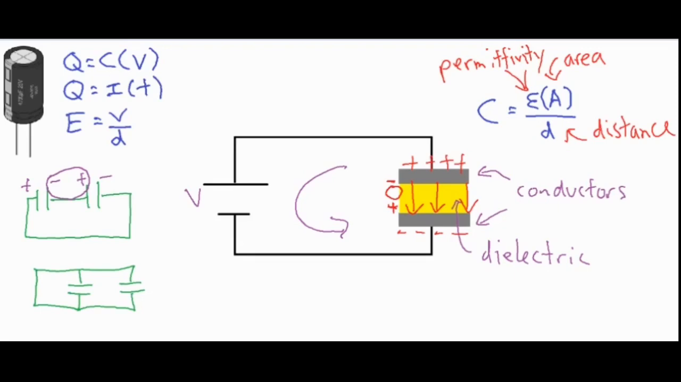So when you find the total capacitance in a series, you have to add them up as inverses. So your series rule is 1 over C_T equals 1 over C1 plus 1 over C2, and then so on if there are 3, 4,